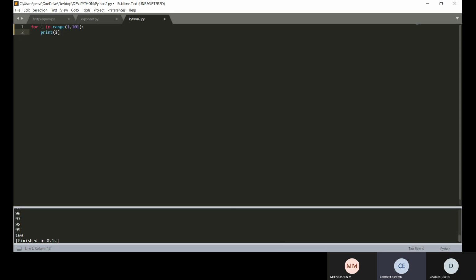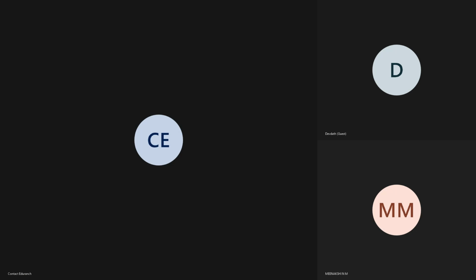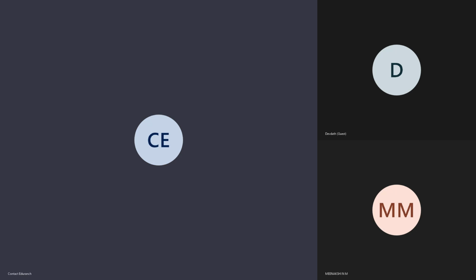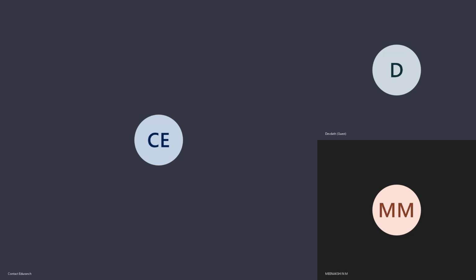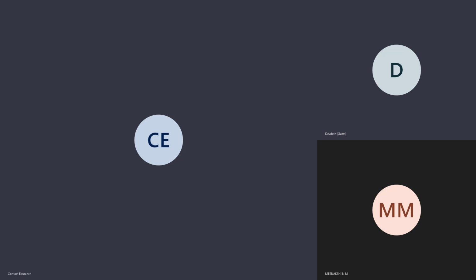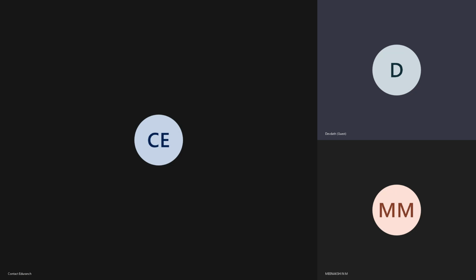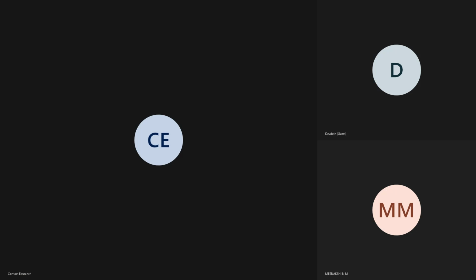Very good. Excellent. Okay, now let's write a program to print only odd numbers between 1 to 100. Is it clear? Devdutt, Meenakshi? Yes, sir. Using a for loop, finish the odd numbers. Sir, we already wrote most of the code now. No, I want you to write now. Sir, can I share? Show me.